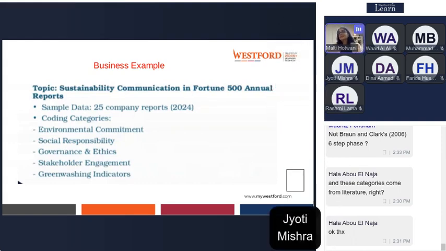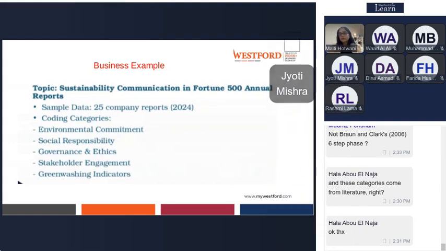Now, this is a classic example of, I would say, qualitative data analysis based on secondary data. We cannot do this type of analysis for our studies because it is based on secondary data.